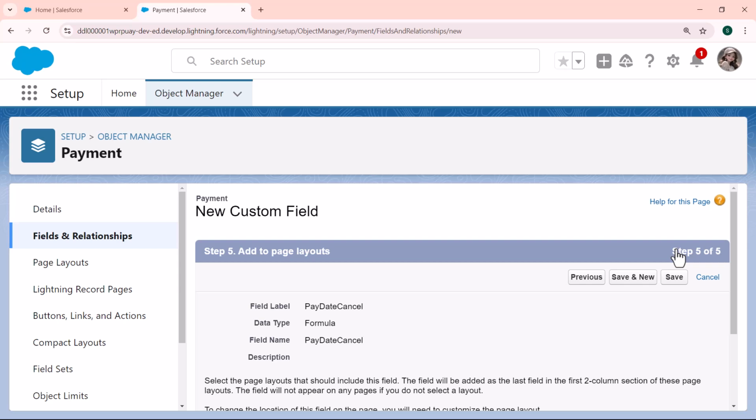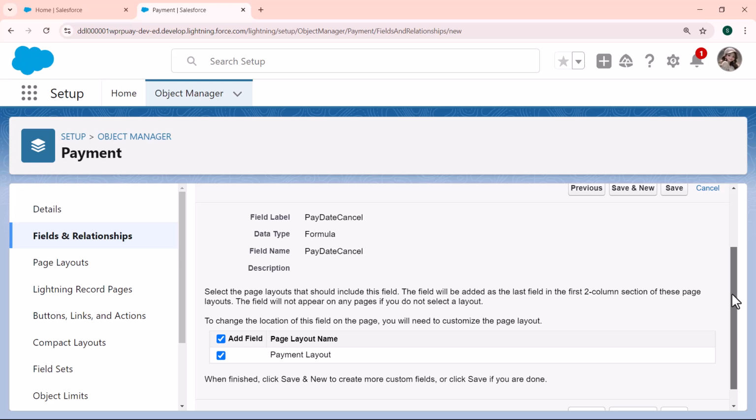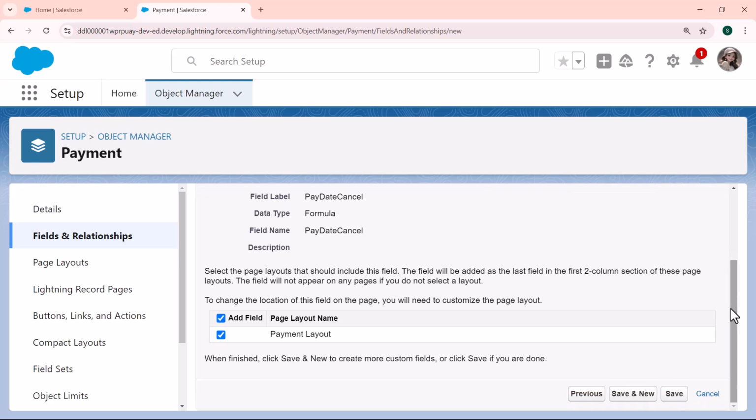And here we go, we move to our next step, that is add to the page layout. Select the page layouts that should include this field. The field will be added as the last field in the first two-column section of these page layouts. The field will not appear on any pages if you do not select the layout. And here one page is present, that is the payment layout. If more pages are present, then you click on the checkbox of all the pages, and you need to customize the page layout according to yourself. So here I click on the save button,